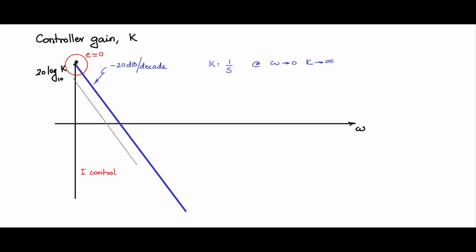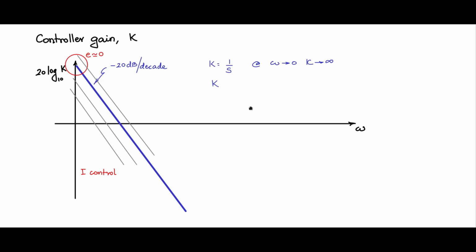I could have chosen, instead of this minus 20 dB per decade line, I could have chosen this line. This also is a minus 20 dB per decade line starting from another infinite value. It's a family of infinity. Or I could have chosen another minus 20 dB per decade line like this. Or I could have chosen a line above the one that I have chosen. So which one should I choose?